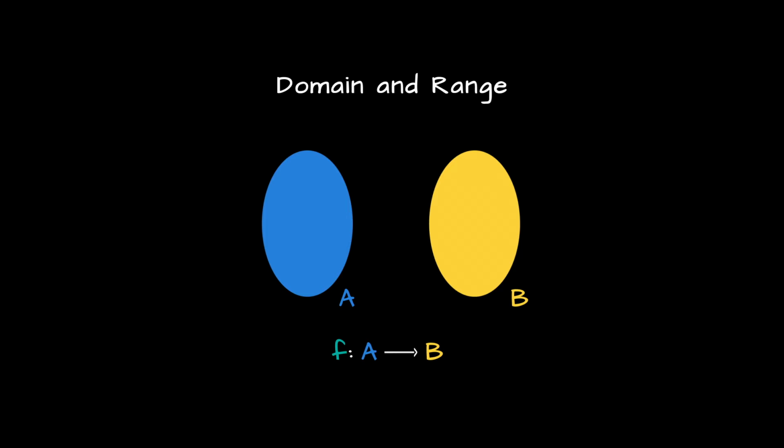Right? So we'll begin by representing the sets A and B by two abstract blobs. Recall that, by definition, a function is a rule that's going to take elements from the set A and send them into elements of the set B. We can therefore think of elements of the set A as inputs of our function. And similarly, we can think of elements of the set B as the outputs of our function. So we feed in an element from A, and then our function will return to us an element or output